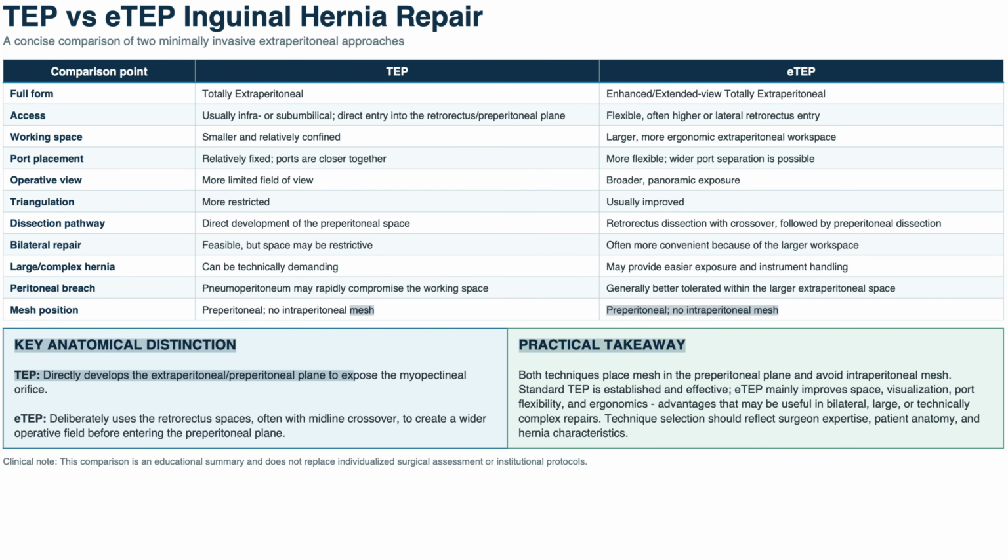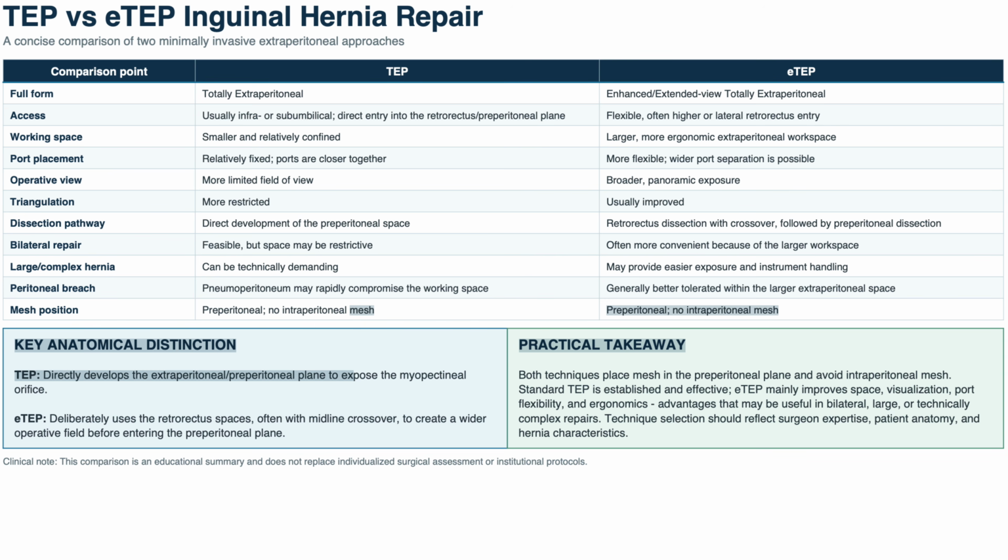Hello friend, this is a case of left-sided indirect inguinal hernia and we will perform it by the extended TEP technique. Here I have put one table to compare TEP versus eTEP. The full form of TEP is totally extraperitoneal and eTEP is extended totally extraperitoneal. Access in TEP is usually infraumbilical or subumbilical, whereas in extended TEP we go a little above the umbilicus or